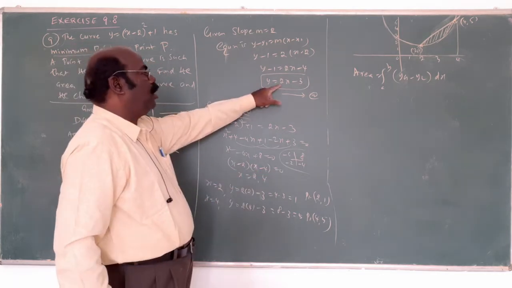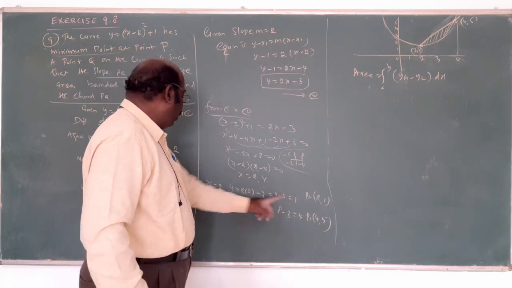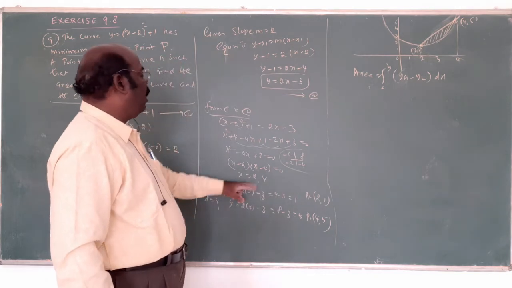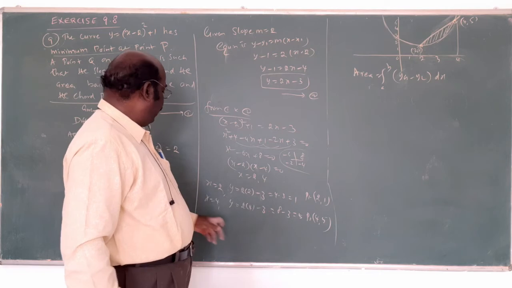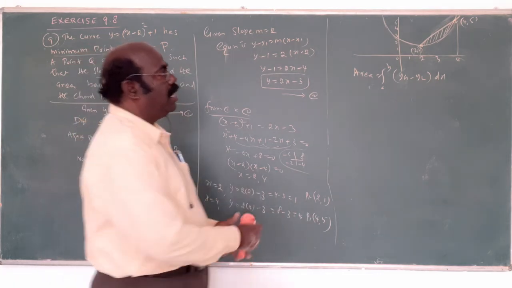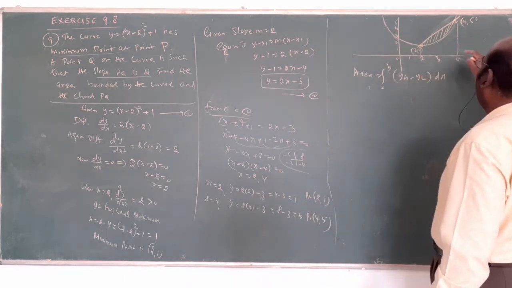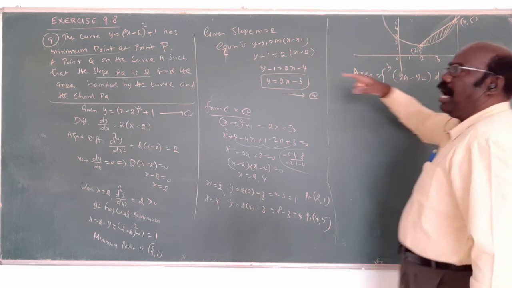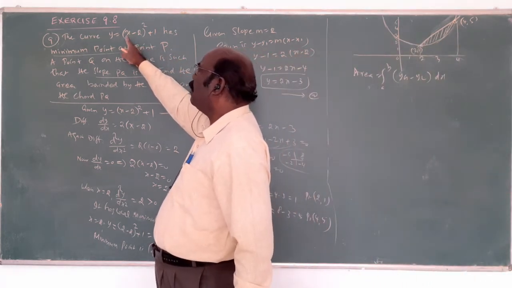Substitute x here: 2 into 2 is 4, 4 minus 3 is 1. So x is 2, y is 1; (2, 1) is the first point. When x is equal to 4, 2 into 4 is 8, 8 minus 3 is 5. The x is 4, y is 5; (4, 5) is the other point. Now to the graph. Plot the points, 2, 3, 4. The point 4 is over here, point 2 is here. This is the side line and also this parallel. When x is equal to 0, what is the answer?